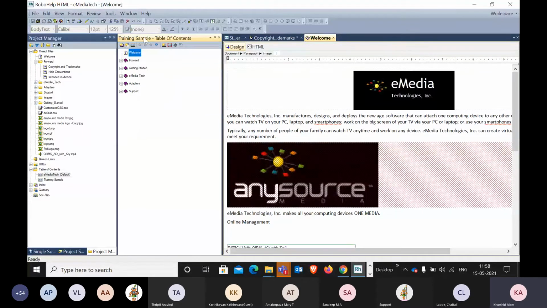In RoboHelp, you can create multiple TOCs. In many cases you may need to, as RoboHelp supports multiple outputs and multiple documentations at the same time. For example, from a single project, you can create a getting started guide, an installation guide, and a complete manual.